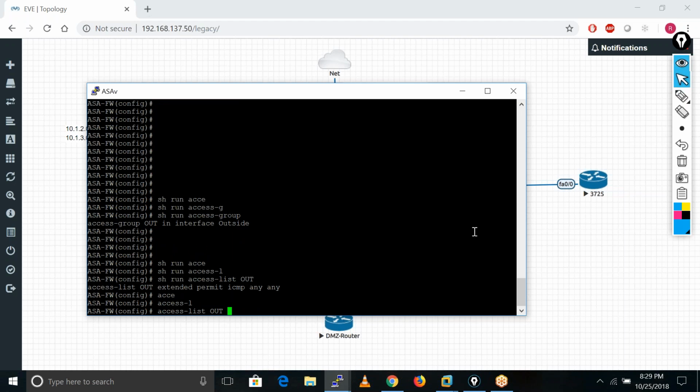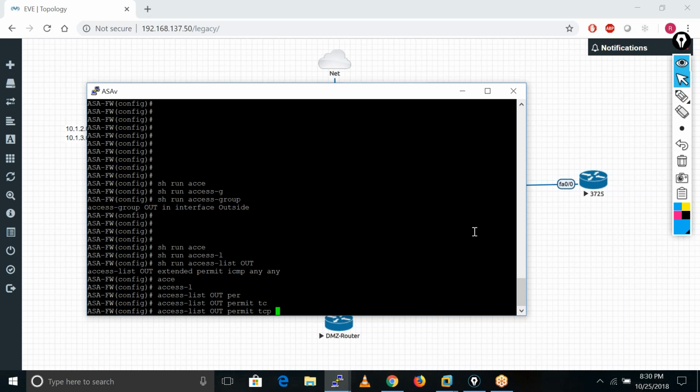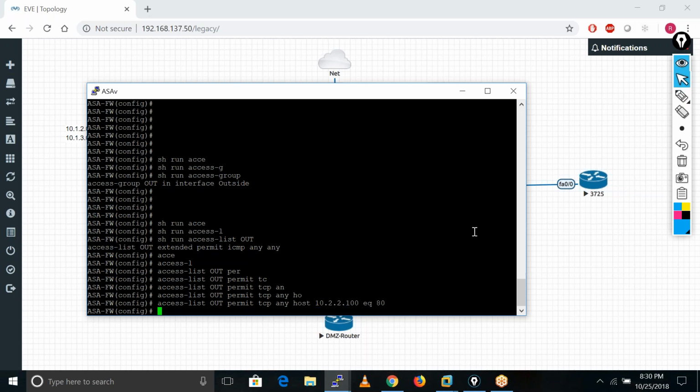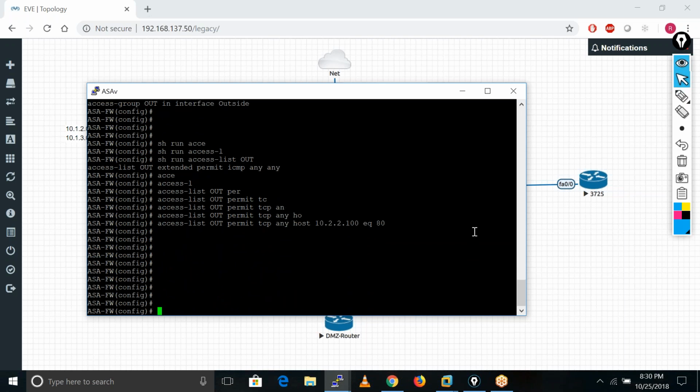Access-list out permit tcp from host any to host 10.2.2.100, which is the private IP address of my DMZ server. And let me go with the port only. Here I'll use only port number 80. I am done with my ACL configuration also.